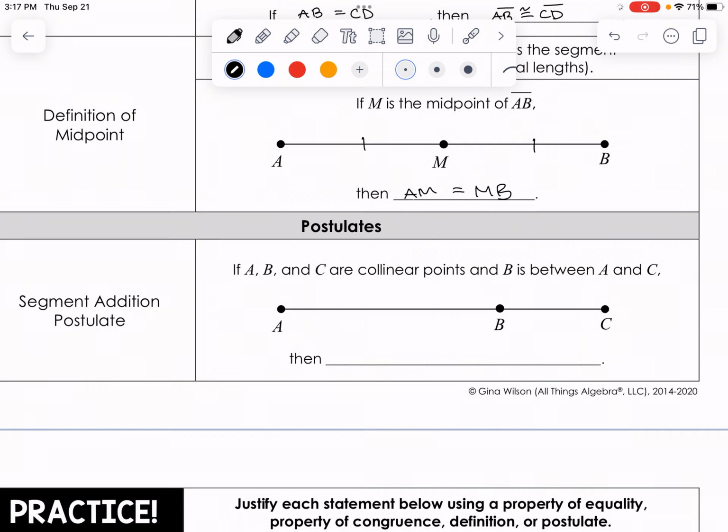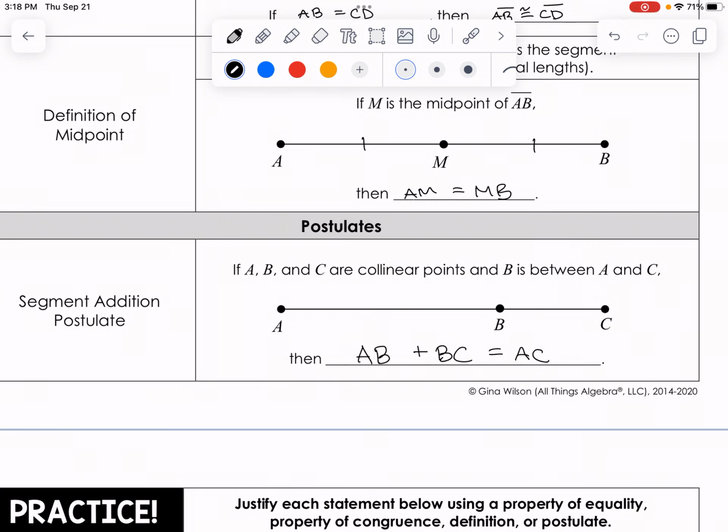If A, B, and C are collinear, as they are here on the straight line, and B is between A and C, it doesn't have to be on the midpoint, just somewhere on it, we can say AB plus BC, right? So this line segment plus this line segment is equal to the entire thing, AC. Okay, so we're not talking about the shape itself, we're talking about the size, and these would have measures